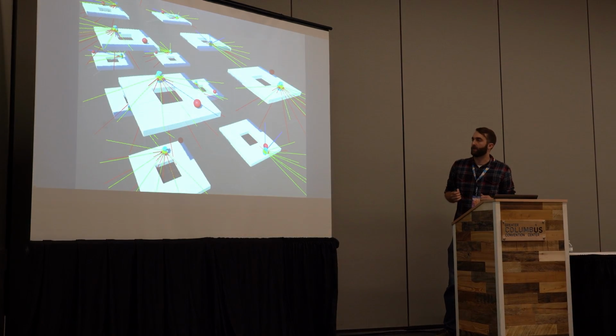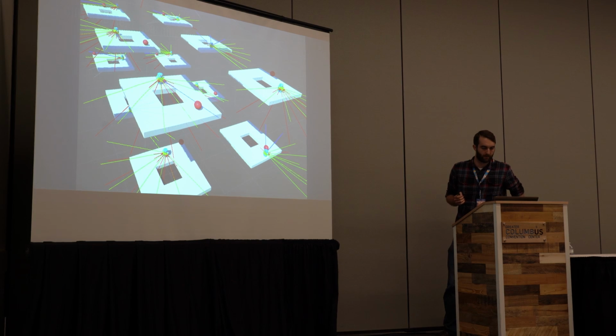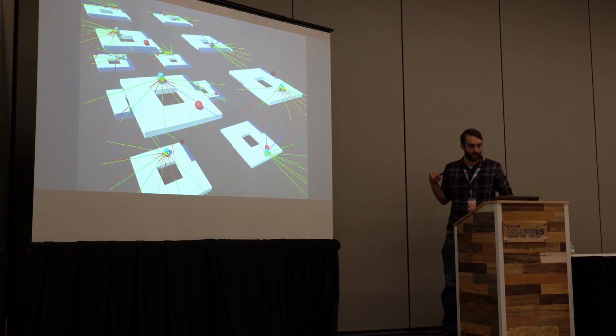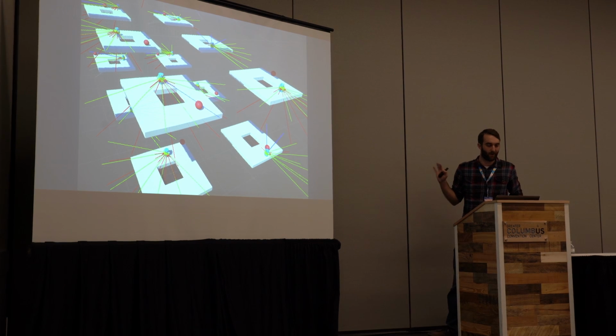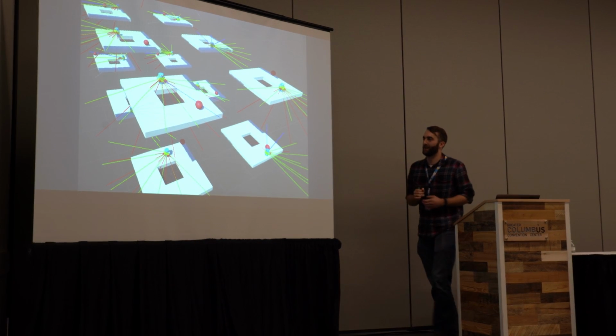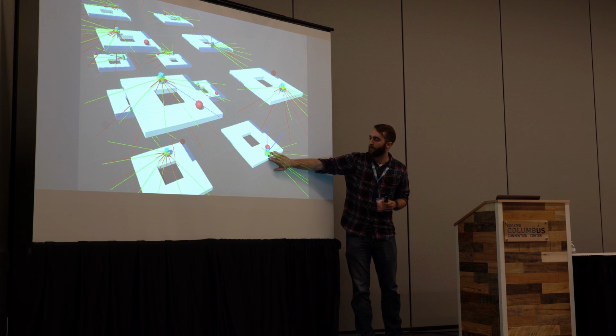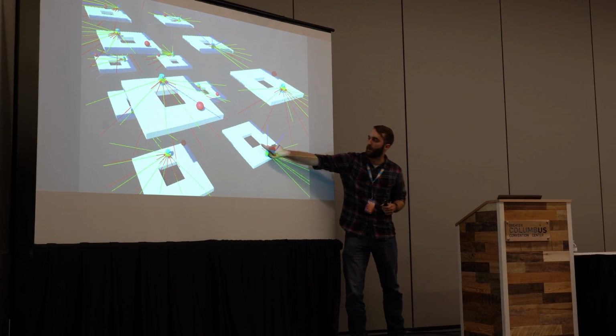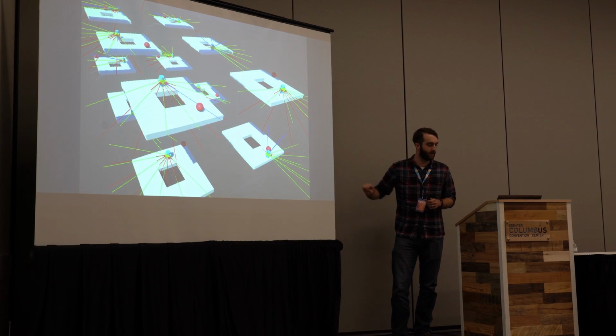So this is where I started out. Late last year, I built this really simple game using ML agents. It's not very fun at all, and you'll see why. But basically what you're trying to do is, there are these little robots here, and they're trying to push this ball into the center of this pit.